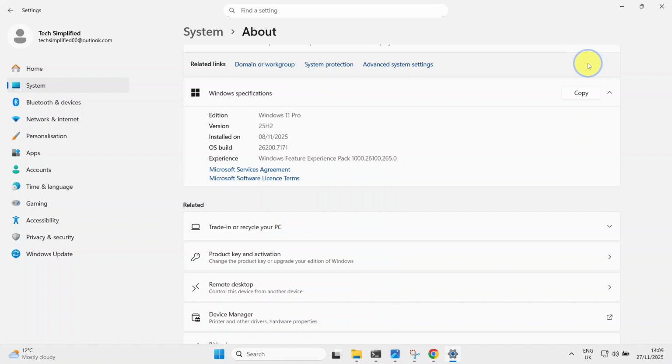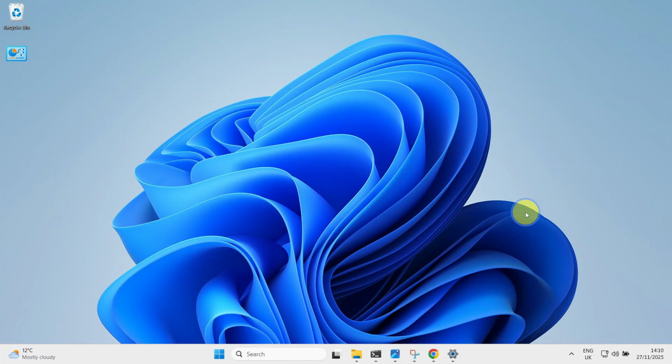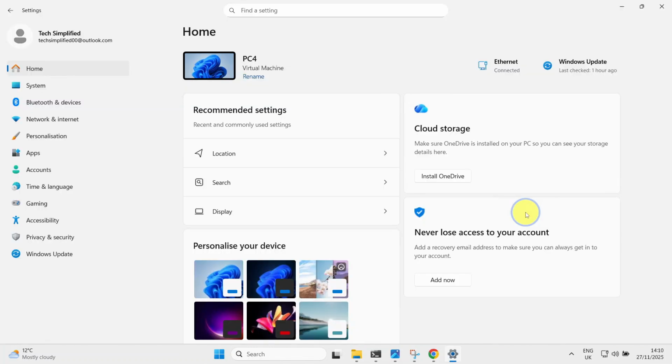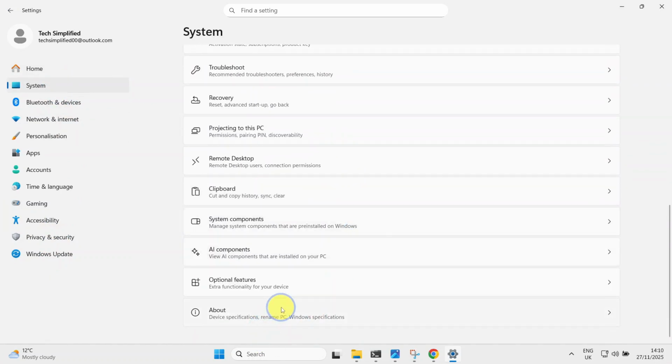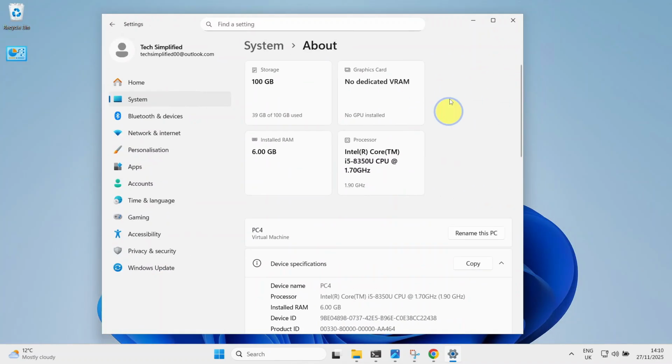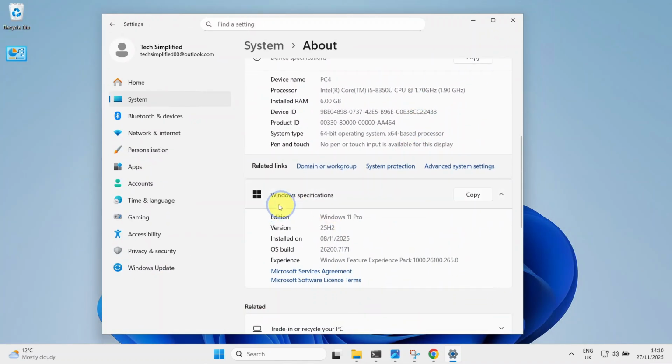First, make sure you are running the latest Windows 11 OS build, preferably build 26200.7171 or newer. To check your build number, open Settings by pressing Windows key plus I. Go to System, scroll down to About, then scroll down to the Windows Specification section, and here you can see your OS build. Mine is